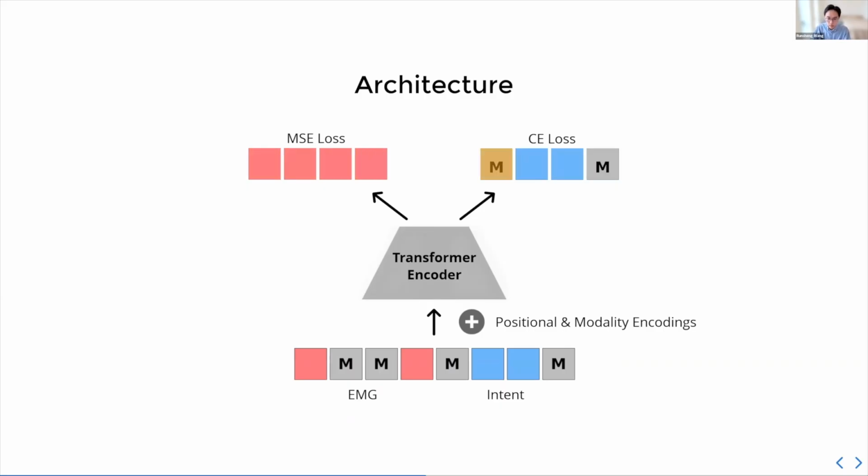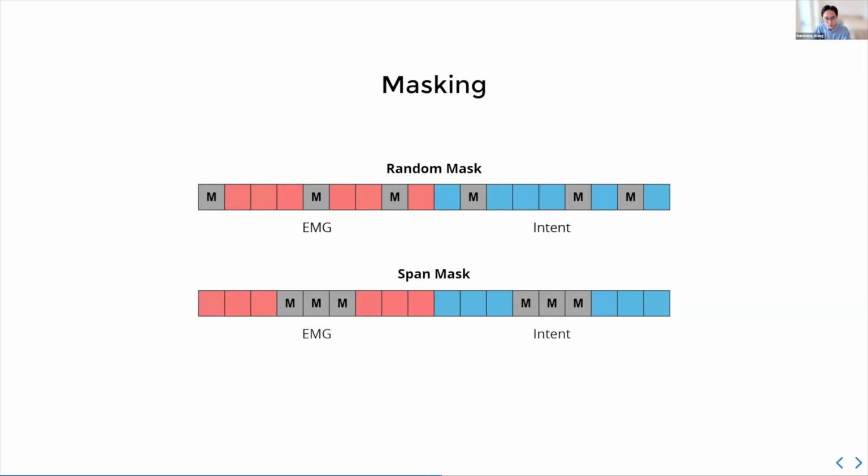Okay, so we have a model. We have this masking setup. But exactly how we mask actually matters a lot, because if you think about EMG, it's fairly easy to interpolate the masked positions if you have the surrounding information, right? If you have the immediate before and after, most likely the one in the middle is not going to go random. It's a continuous signal.